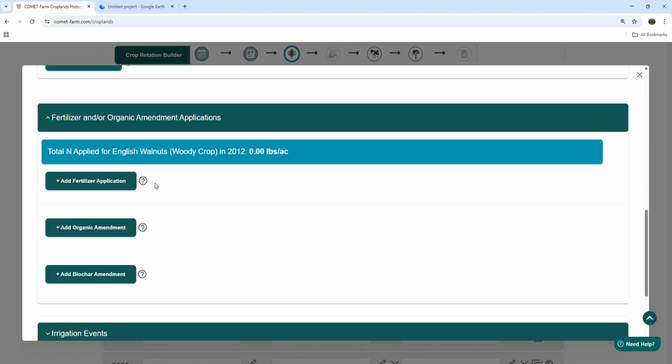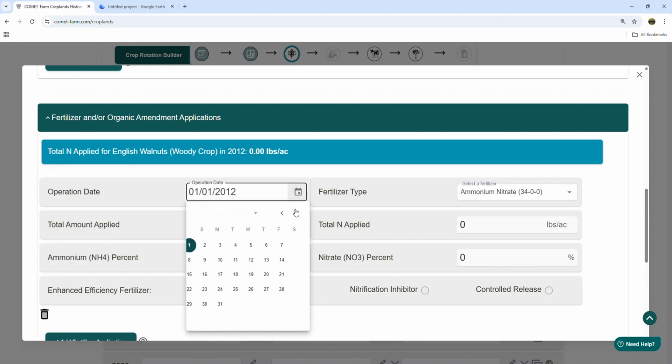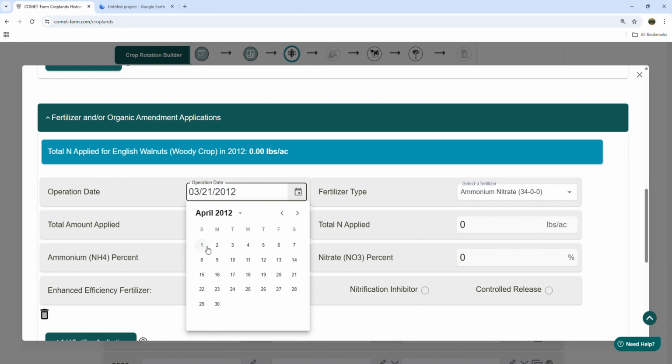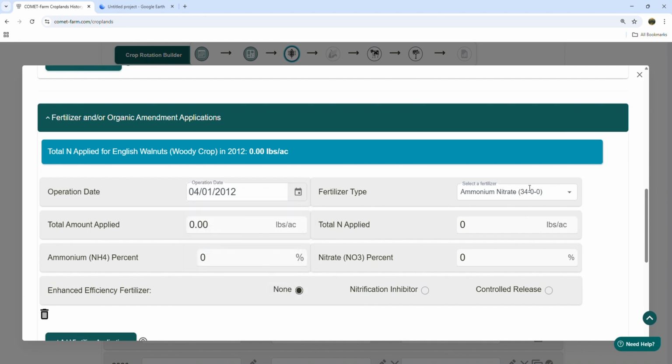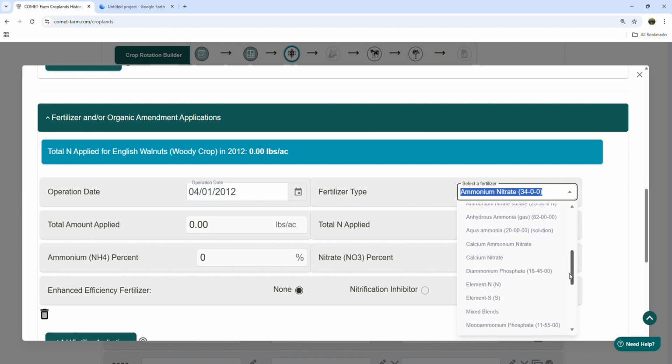Scrolling down, we'll look at our fertilizer and organic amendment. I am going to apply some fertilizer again in that kind of mid-March vicinity. I'll go over to April 1st, and for my fertilizer type, I'm going to select the